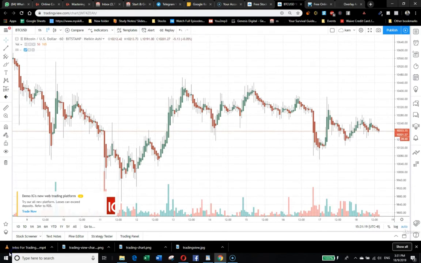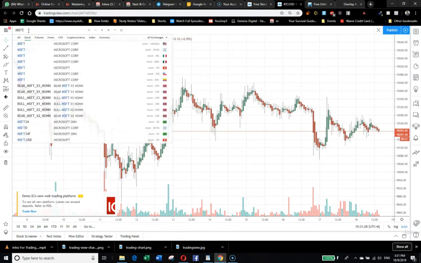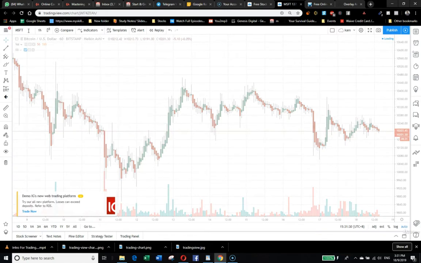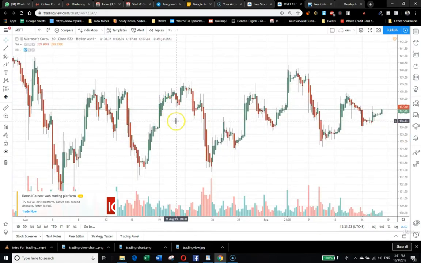Okay, so now that you know how to change to Heikin Ashi candles, we can move further. I'll also show you before we go that you can do this for any kind of stock or commodity, right? So just now we had BTC USD, and now you have Microsoft. So whether it's a stock or Bitcoin or whatever chart, you can use Heikin Ashi candles. All right. So now let's continue with our lesson.